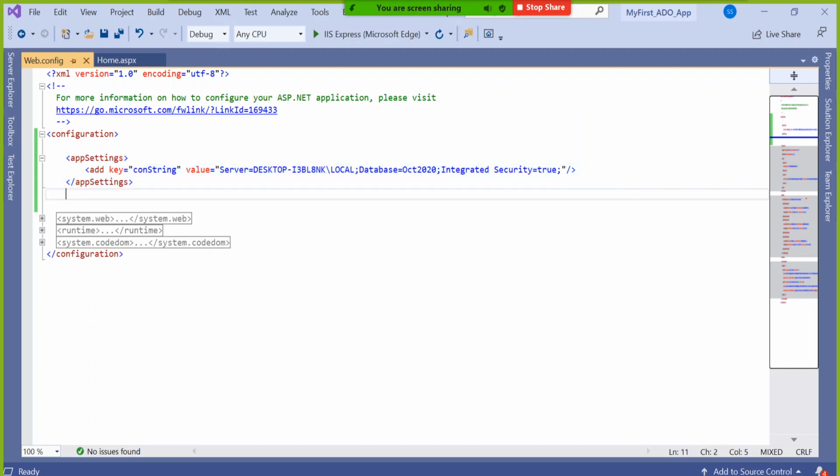So every project will have its own configuration layer, right? Think about WhatsApp and Facebook. Do they share the same settings? No, right? Same thing. App setting means application setting, not all project settings. Only this app we are talking about. Okay, so connection string is done. Now we have to use this connection string in the coding.